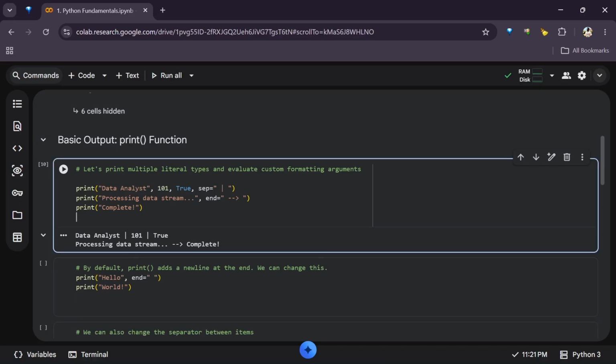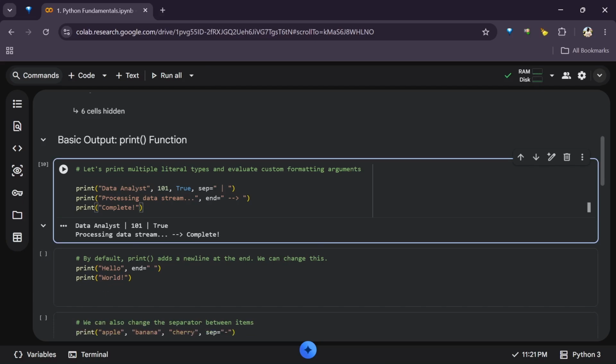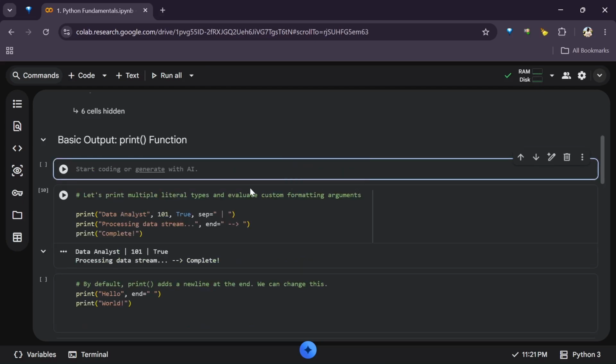So these are just some common arguments that we can also use. But in the basic and simple bare minimum form, you can just do print and say, this is how to get an output in Python.